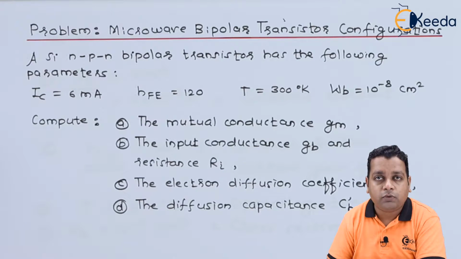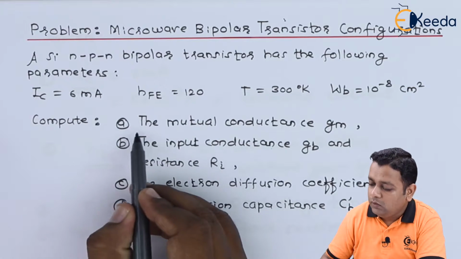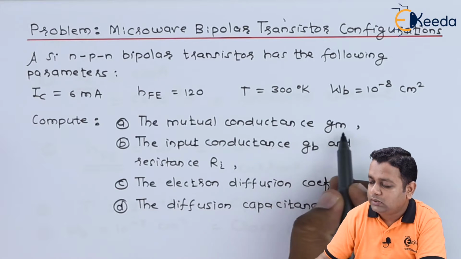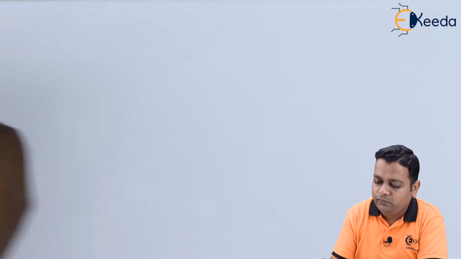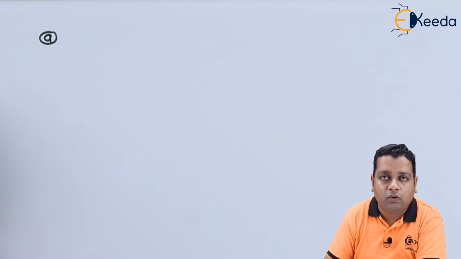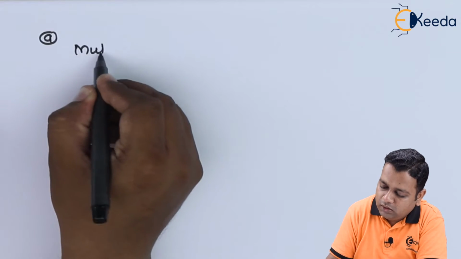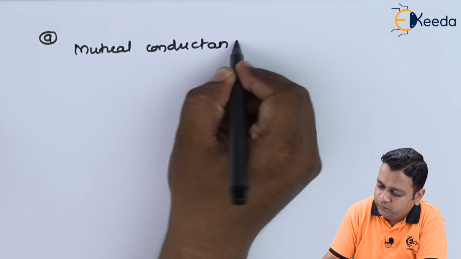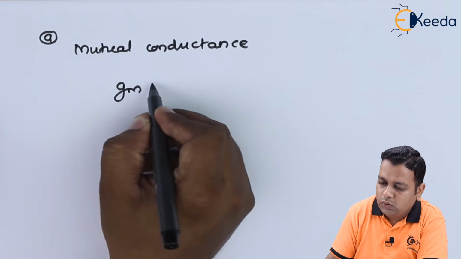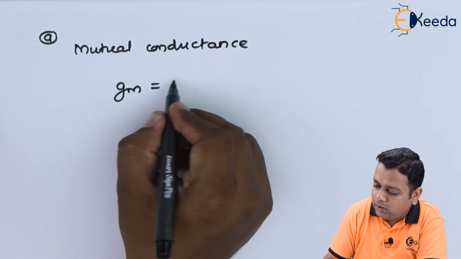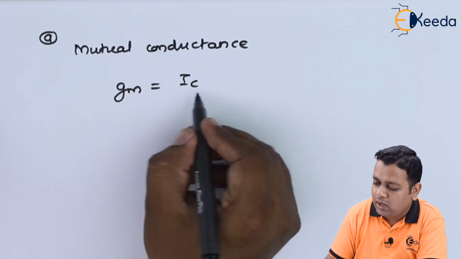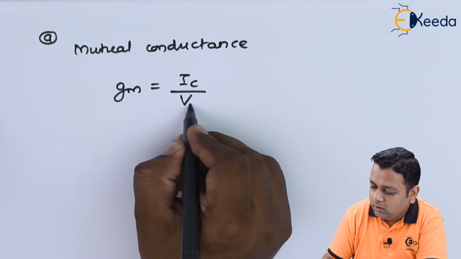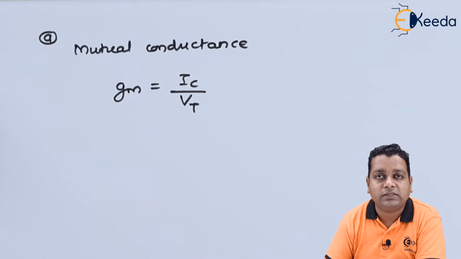Now as per the problem statement, we focus our attention in the first part A here, we require the mutual conductance Gm is equal to what? Now for determination of the Gm, here we write the formulation. So Gm is nothing but mutual conductance, and it is computed as the ratio of the current, collector current IC, with the voltage denoted as V suffix